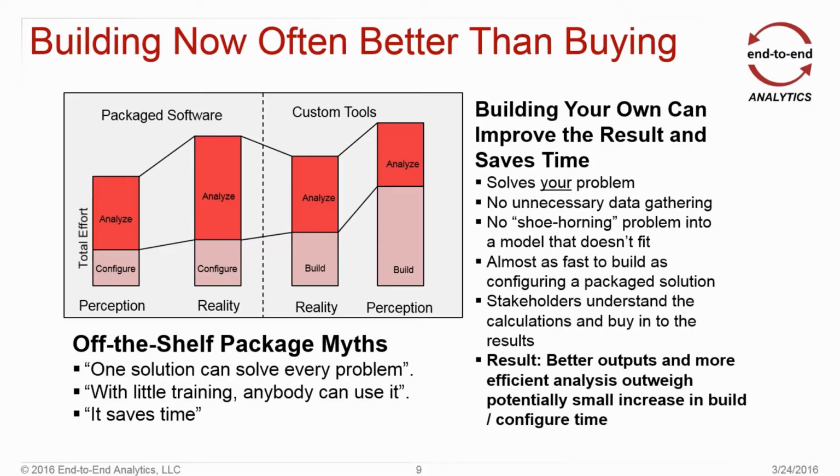There's no compromises on how you have to capture or fit things in. So we get to the second bullet point, which is they may ask for a field and they may ask for it a separate way. In the hands of a clever user, you might actually even get it to do what you want, but you're still fundamentally shoehorning a problem into a model that doesn't quite fit. So maybe you ended up selecting the package that was closest, but it's still going to require some clever workarounds.